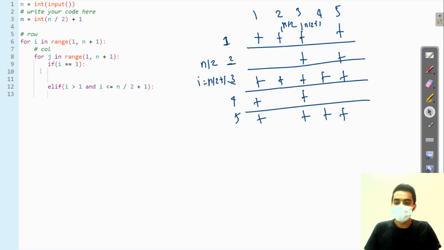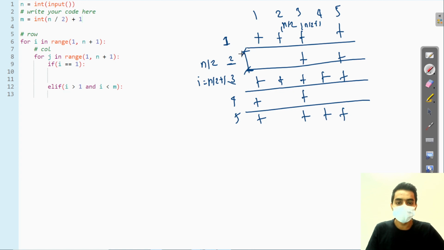If we do not write this condition, then again and again it will come into this loop and it will be printing star everywhere. So we want star at particular indexes. So if i is greater than 1 and i is less than or equal to n by 2, here we can write this as i is less than m, because we are initializing this. Not plus 1. We want i to go up to this, and this is the window we have to consider.